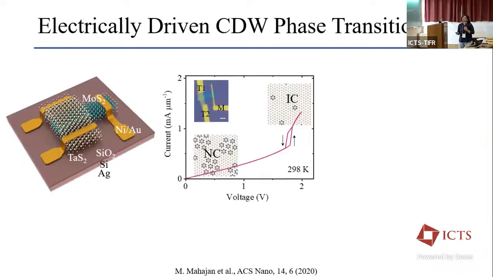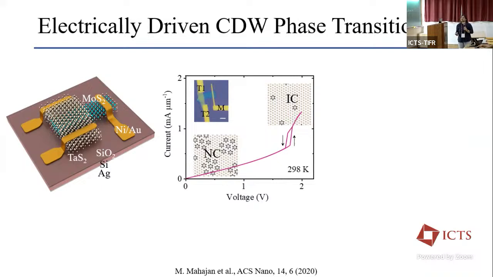All right. So the CDW phase transition, interestingly, can also be invoked by current-induced Joule heating. The NC-IC phase transition that happens at around 353 Kelvin can be obtained or induced at room temperature by simply applying a high bias across it. So we apply a high bias across a TaS2 device, and what we found is that we see an abrupt current increment, by a factor of around 1.5, which is similar to that of the NC-IC